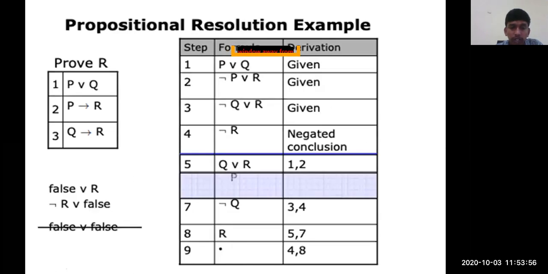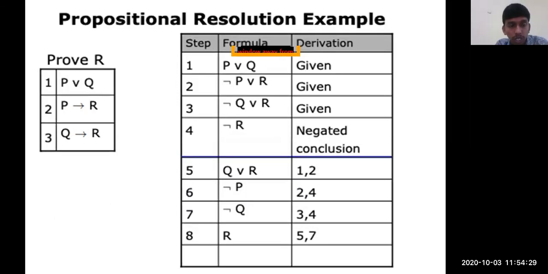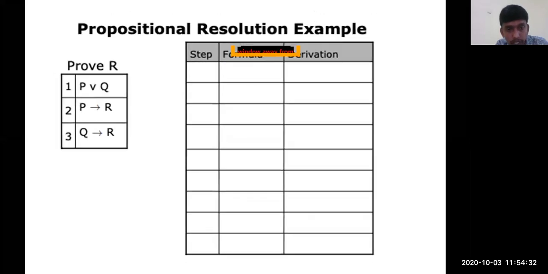For that, I'll again use step 4 and step 8. That is because negation R and R will give you a null statement. So every time when you are trying to prove your resolution method, you need to get the solution as null. Here the dot is represented as null. So if I use step 4 and step 8, then the resolution solution is null. That is the conclusion of your resolution method. For every problem solving with respect to your resolution method, you need to show your answer as null. That's what I have tried to show you here.